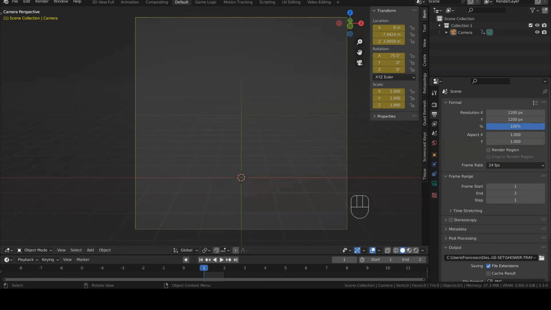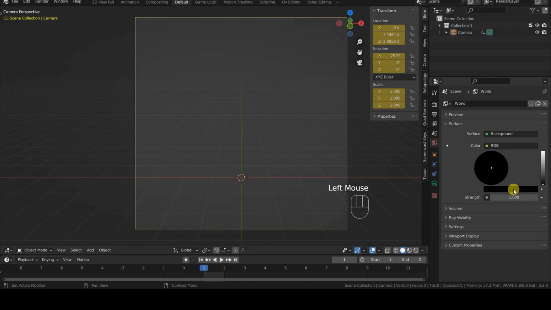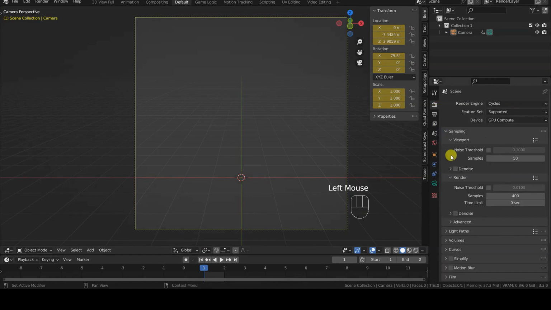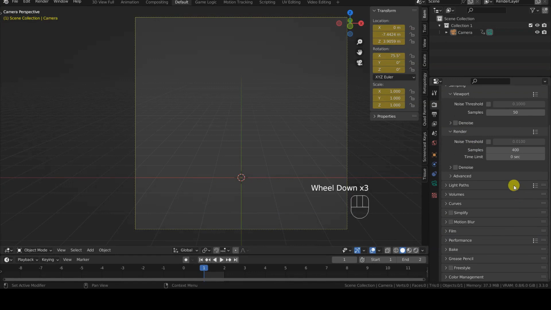The virtual universe background can be conveniently set to black in the World Properties tab. Moreover, there are no light sources, because we will actually use two light-emitting materials to render our objects. For this reason, there is no need for a high number of samples for rendering in the Render Properties tab, nor to activate the denoise after rendering.